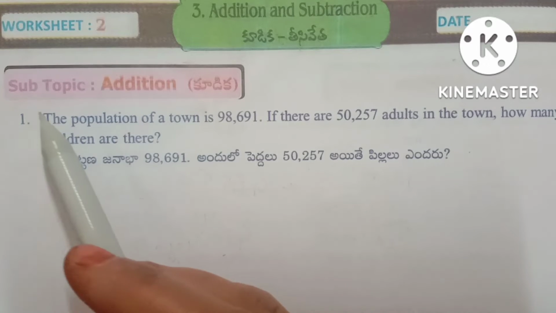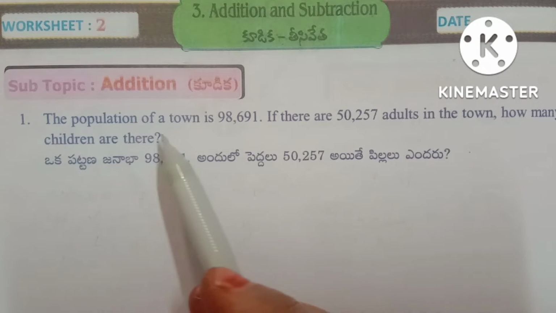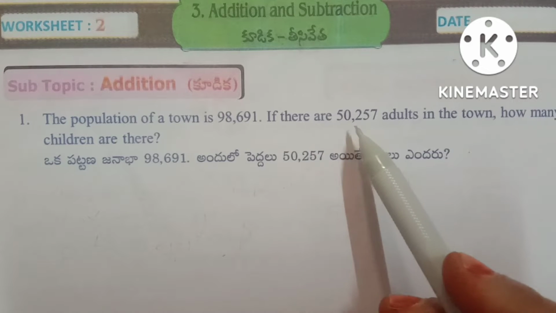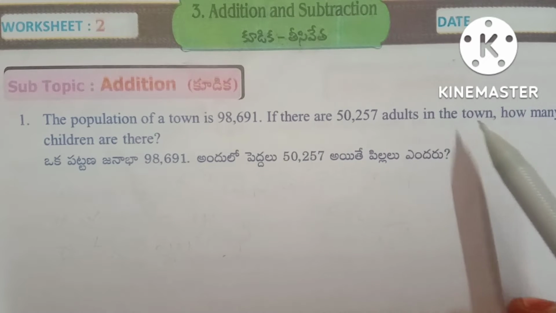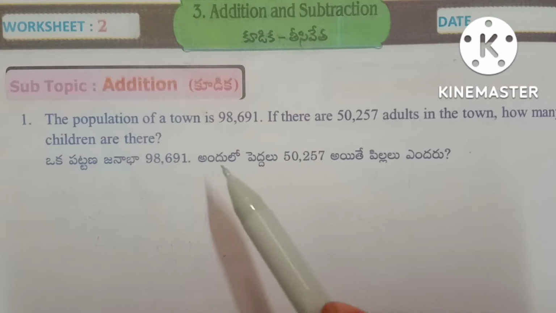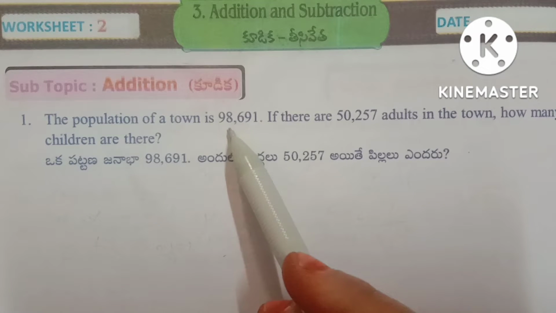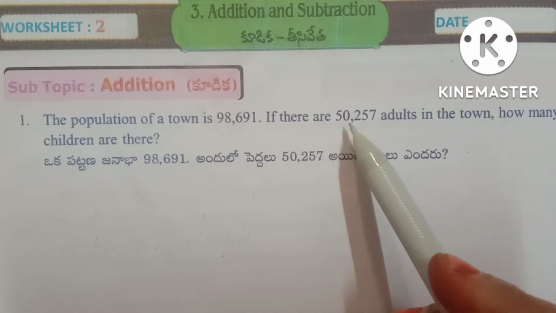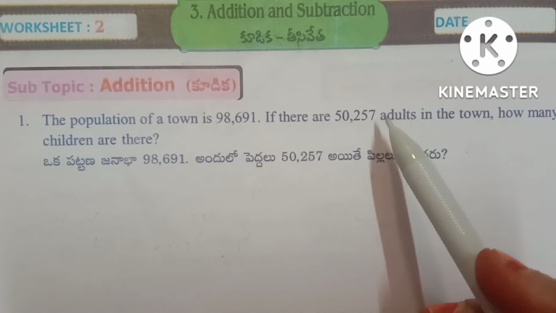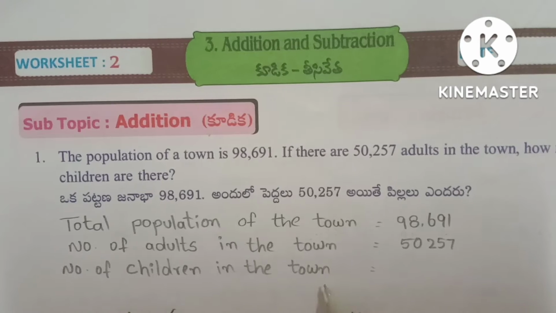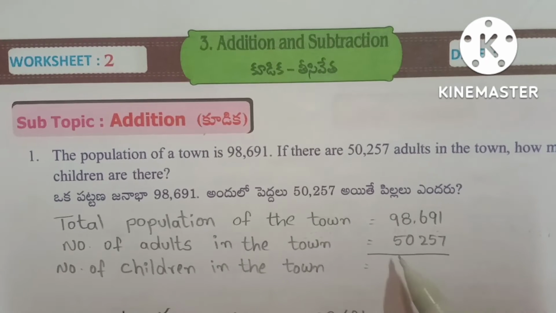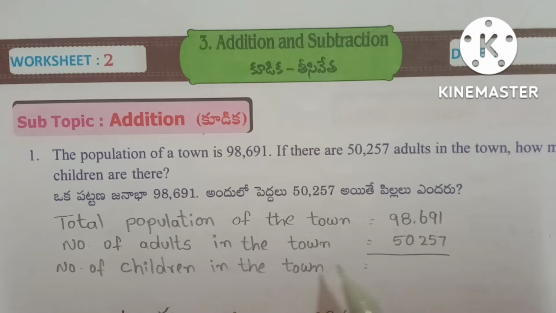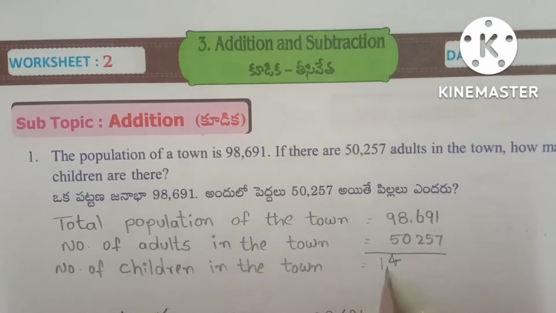Next, worksheet number 2, subtopic addition. First question, the population of a town is 98,691. If there are 50,257 adults in the town, how many children are there? Total population of the town equals 98,691. Number of adults in the town equals 50,257. Number of children in the town equals, here we have to add total population of the town and number of adults in the town. So we get